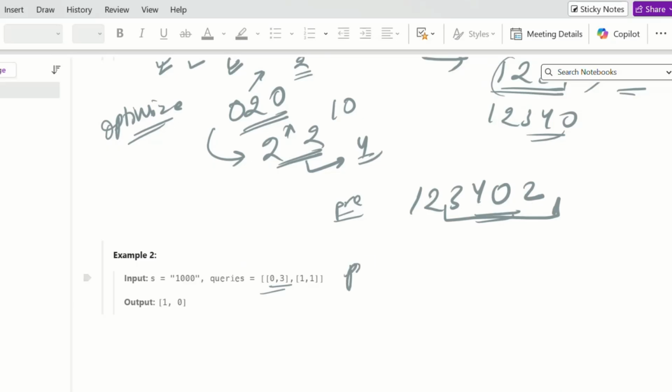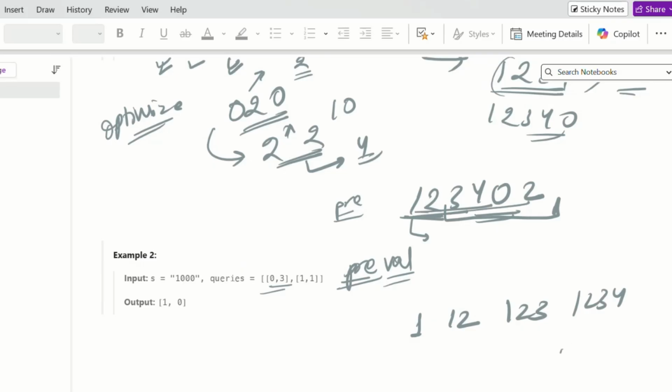First I need to find the prefix values. For the first digit the value is 1. Then considering the 2, it will be 1 2. Then considering 3, it will be 1 2 3. Then 1 2 3 4. Then the 0, which we will not consider, so it is also 1 2 3 4. Then 2, and it will be 1 2 3 4 2.